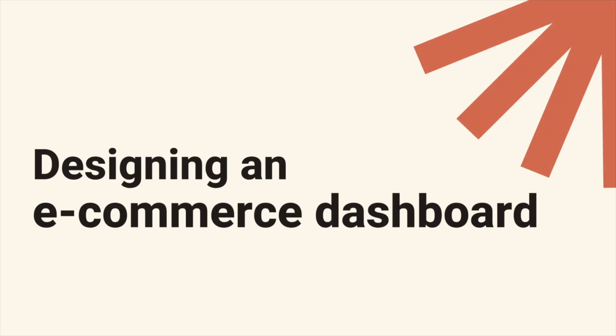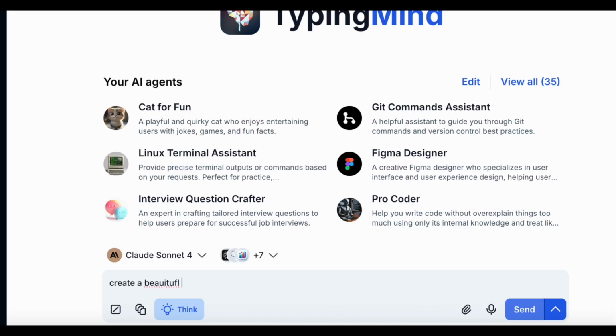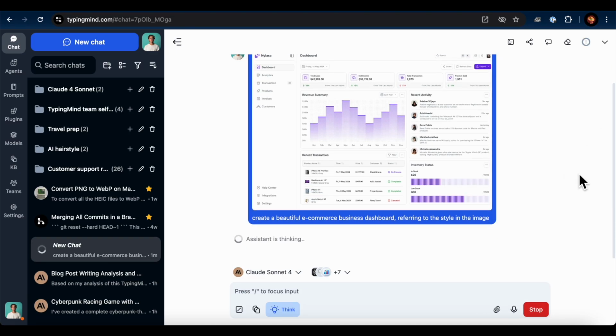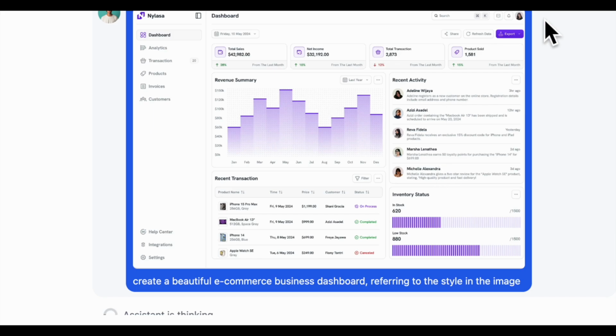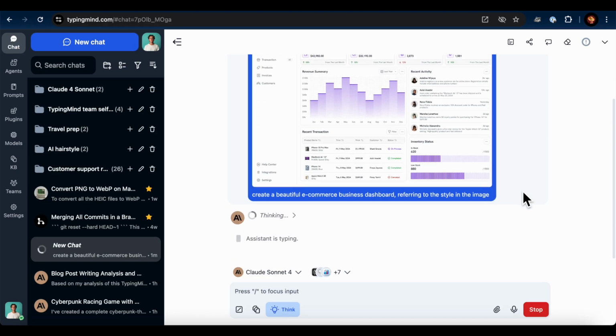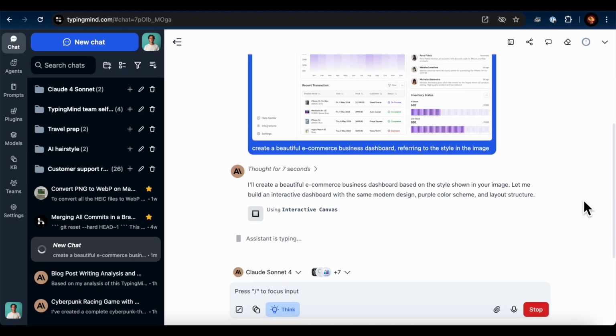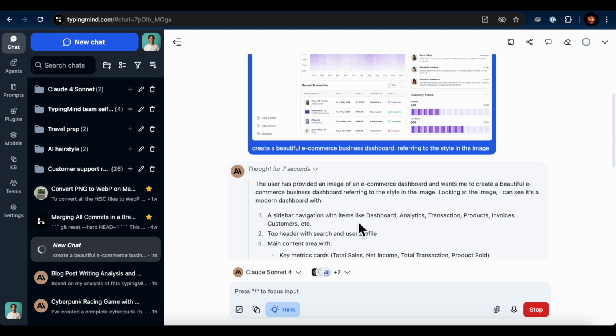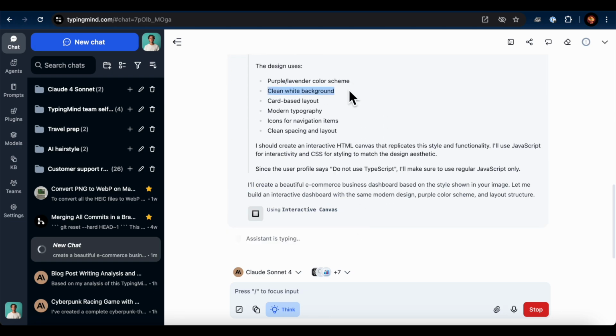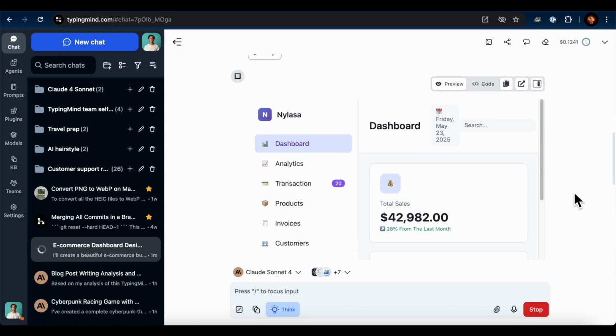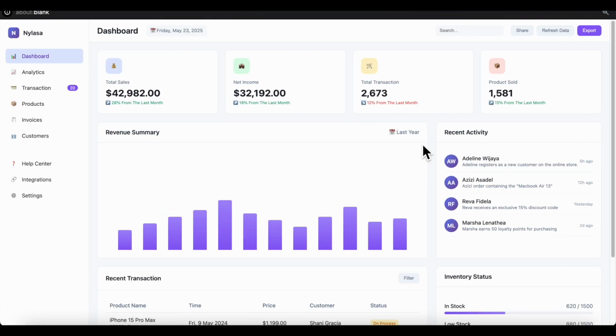Second use case: designing an e-commerce dashboard. I asked Claude 4 Sonnet to build a dashboard based on the provided image's style. Instantly, it analyzed the layout, colors, and UI structure, then generated a full dashboard with a sidebar for navigation, dashboard, analytics, transactions, etc. Metric cards for total sales, net income, total transactions, and products sold, each showing icons, key figures,